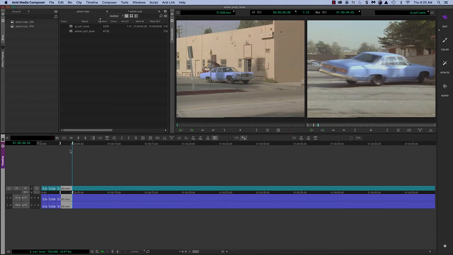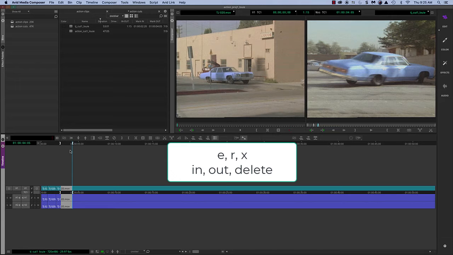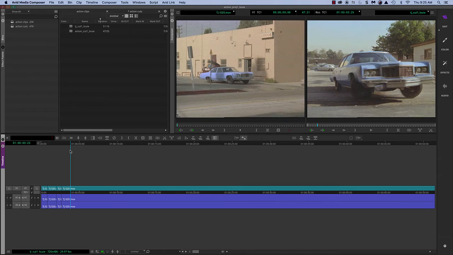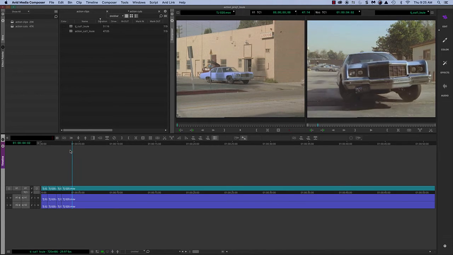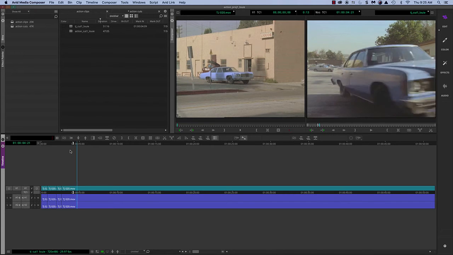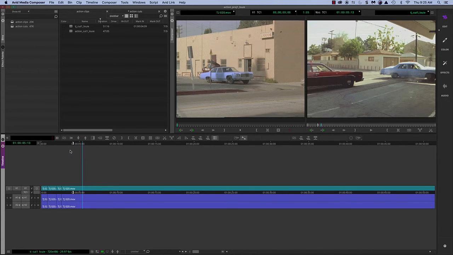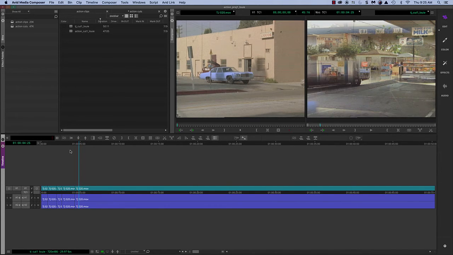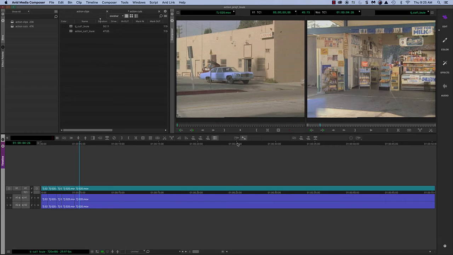So we're going to use this E, R, and X. We just keep moving forward. E, R, X. And then as soon as he gets all the way around, he's going to move forward. As soon as he starts to move forward, I get it. Again, I hit E, get rid of that, get a little bit of this shot, R, X. And then here, again, dead. This is what I call dead frames. Nothing's happening here. Nothing's moving. I see a little something here. But I want